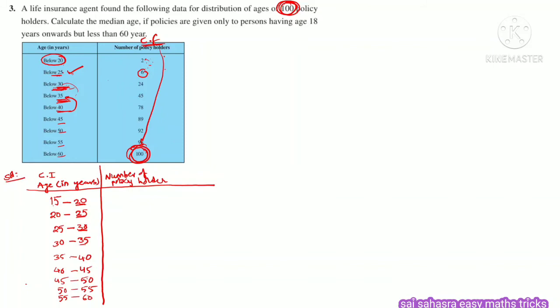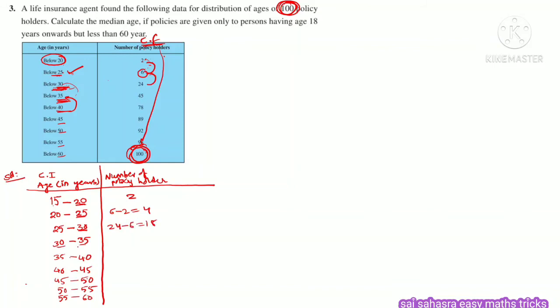So cumulative frequencies are given, we need to find the frequencies. When frequencies are given and we find cumulative frequencies, we add the previous number to the present number. Same here, we have to do the reverse: there addition, here subtraction. Here before 2 nothing is there to subtract, so 2 will be 2. Next 6 minus 2 is 4. Next 24 minus 6, the previous number is to be subtracted, is 18.